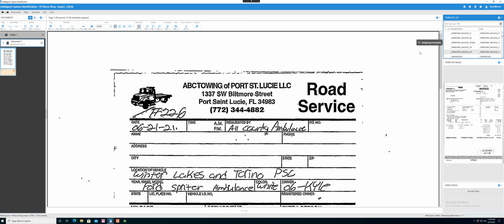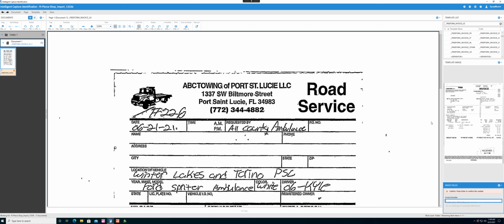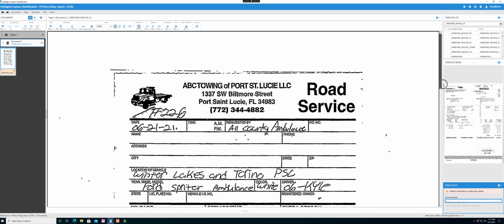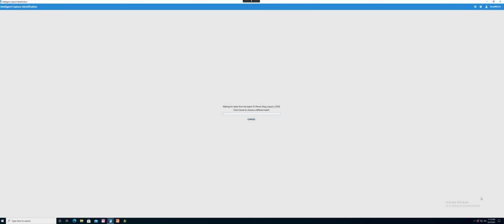It's going to assign that template to this, and now because this is handwriting, it's really not going to pick it up. You're going to have to do this manually, and so I'm assuming this is probably an invoice, and then you're just going to go ahead and type that in, okay, and just hit enter,